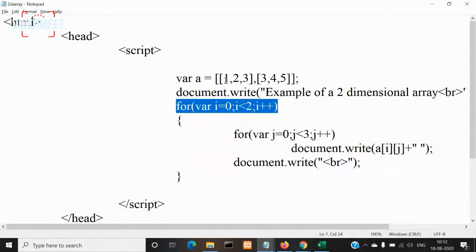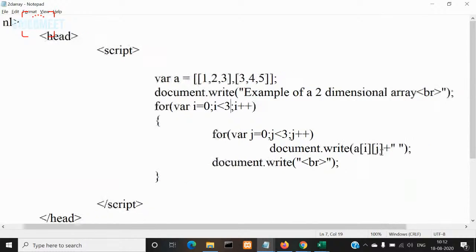The size of the row is 3. So the first dimension will be 3. For i equal to 0, i less than 2, i plus plus, I've given. Then, sorry, this is 3. For j equal to 0, j less than 3, j plus plus, document dot write of